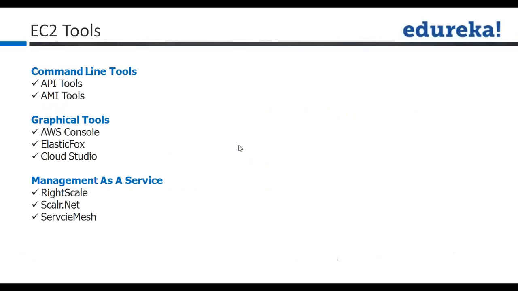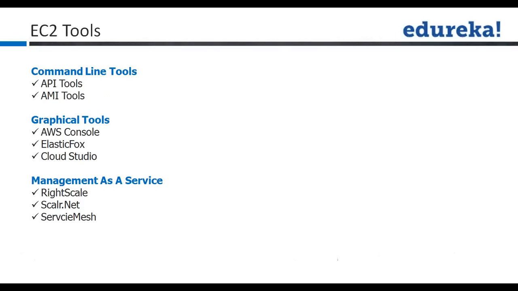Now going to the Amazon EC2 tools. Amazon provides different kinds of tools. We saw that first is the API tools, application programming interface. So that is for the SDK part, you can use that. Or even the command line tools. So command line tools are available. You can run from the command line. When you are a Mac and Linux user, you can use those command line